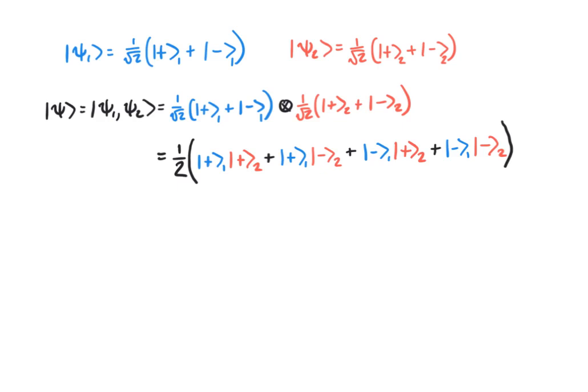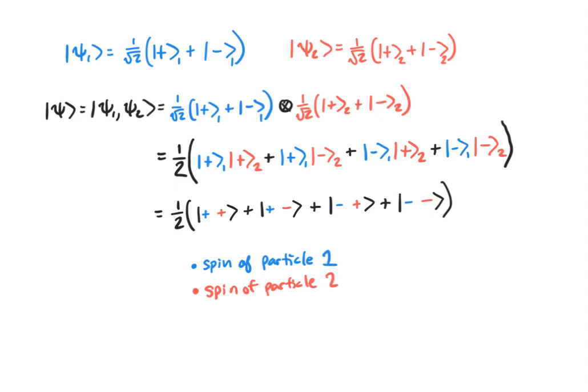This is a lot of writing, though. It's annoying to have to do this much writing. So we often simplify it by taking away the subscripts and combining the kets together so that we have a single ket that simply has a combination that has 2 entries, right? One for particle 1 and one for particle 2, where it's always understood that the first entry is particle 1 and the second entry is particle 2. So now that we have our state, 1/2 plus plus plus plus minus plus minus plus plus minus minus,